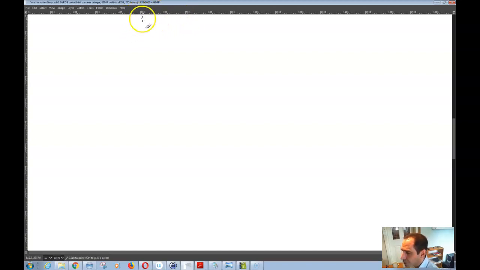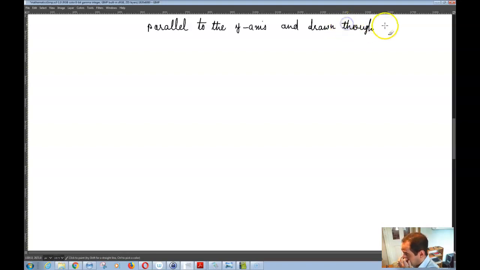So we want to find the equation of a line which is basically parallel to the y-axis and drawn through the point of intersection of the lines